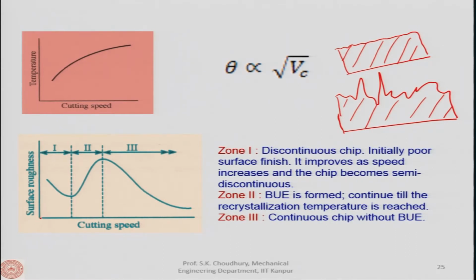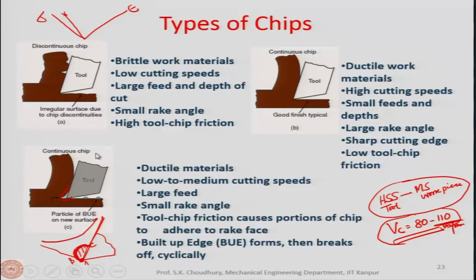Now, as the cutting speed increases, the curve which represents the change in the surface roughness goes like this. Okay. It actually has 3 distinct zones. One zone where it is coming down, then surface roughness is going up, okay, and then surface roughness going down. So, let us say from the very beginning, here when the cutting speed is small, okay, the low cutting speed.